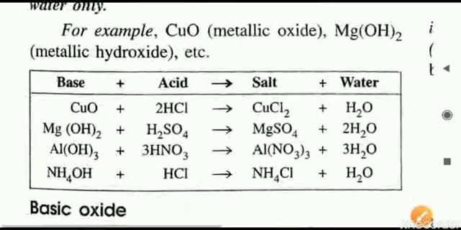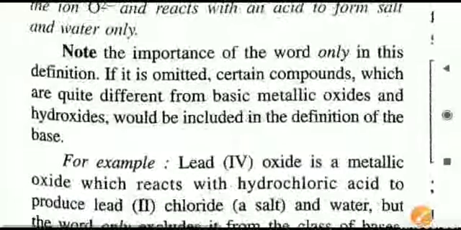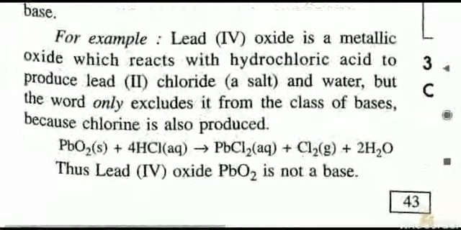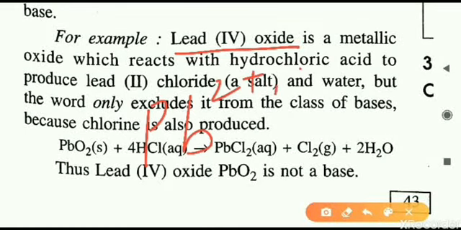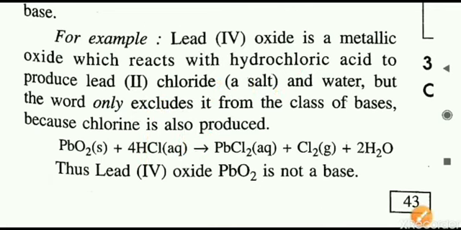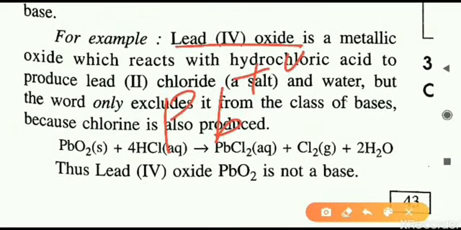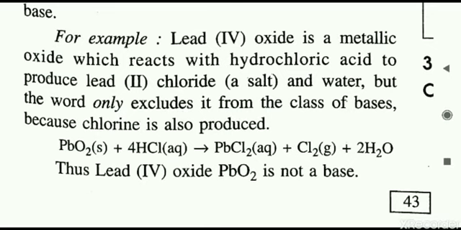Now why am I putting this emphasis on "only"? Let us have an understanding. There are certain examples, like the example given here, lead oxide. Here it is written lead 4 oxide, that is, the valency of lead is of two types. It can be +2 as well as +4. So variable valencies are there. In the case of lead 4 oxide, lead has a valency of +4 and it combines with the oxygen anion, that is O2 minus. So the compound that forms is PbO2. Here you can see PbO2.